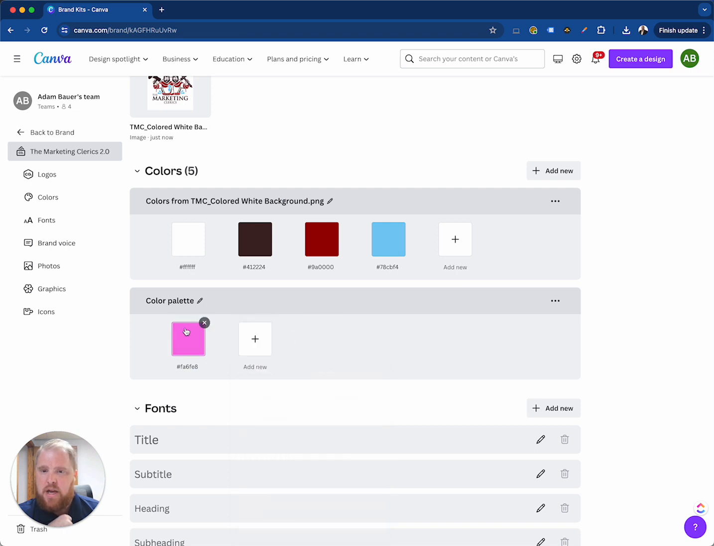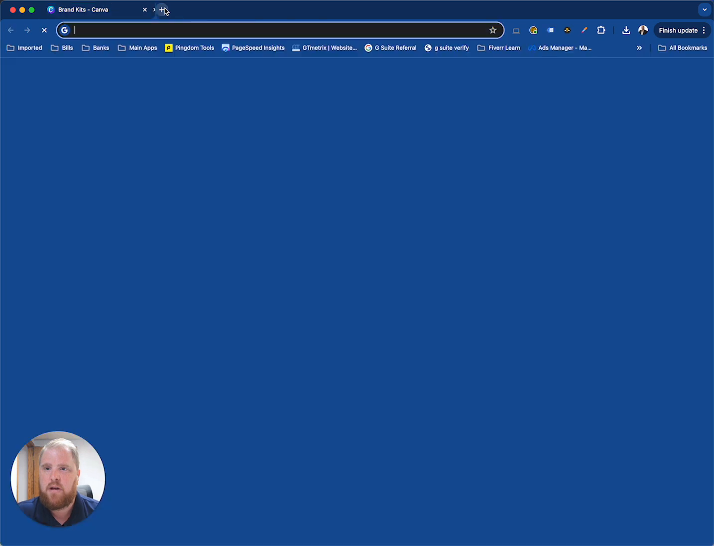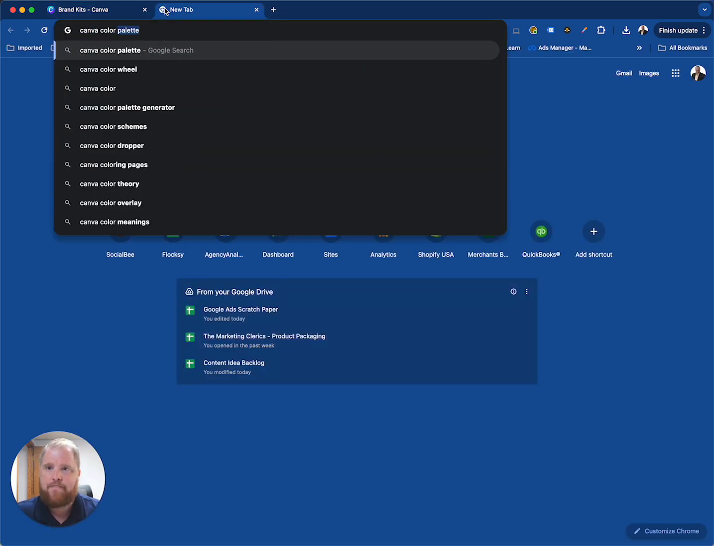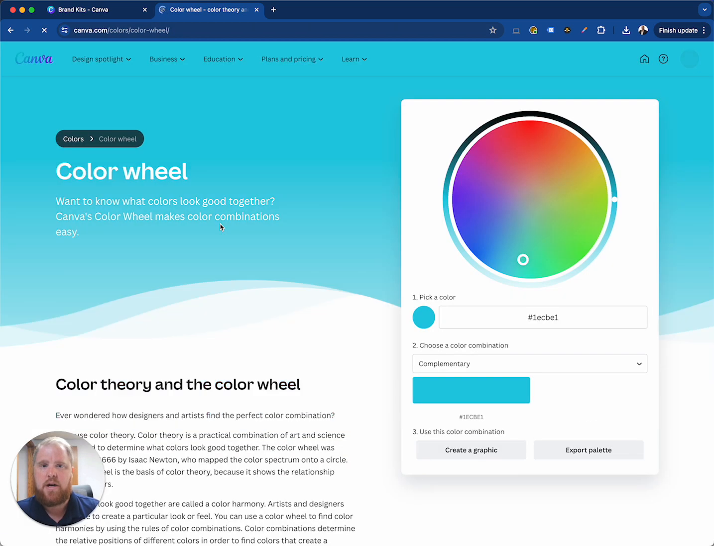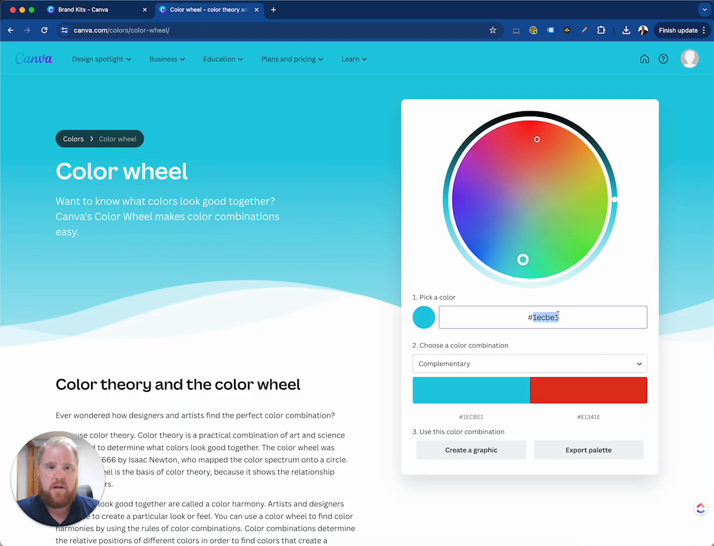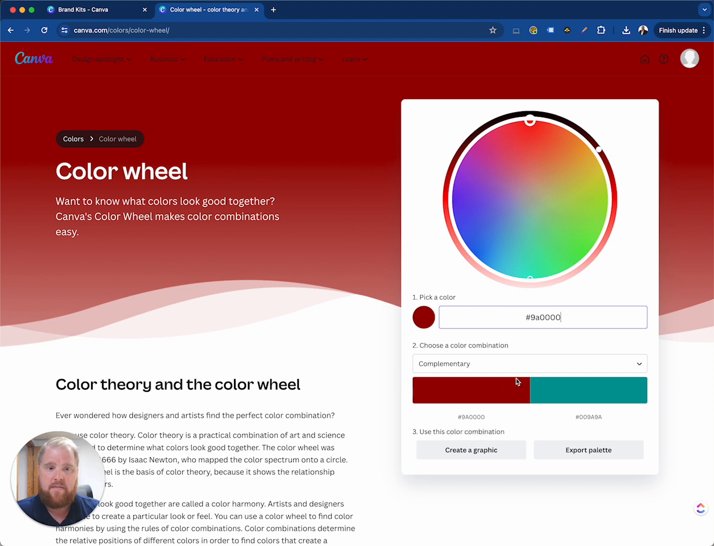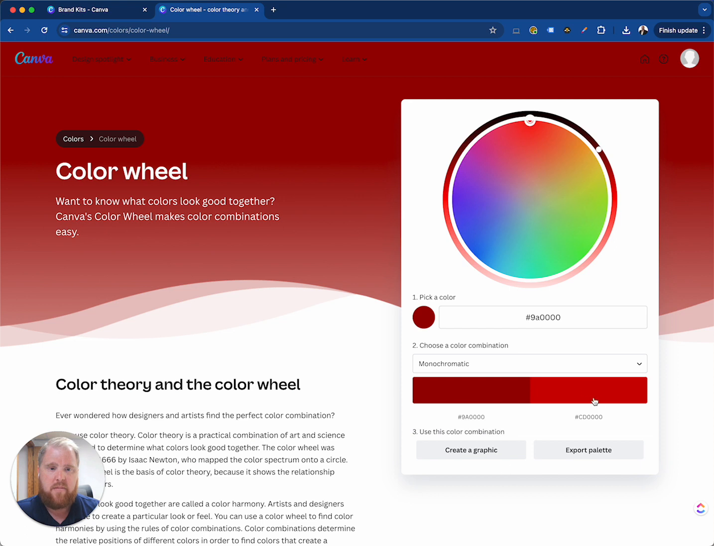And one of the questions I get is how do we know what colors to pick for our brand kit? Well, Canva actually has a tool called the color wheel. So you can go in here and say, okay, here's my red color. I want to find, so this is my red. I can find a complementary color, which is this little green here. I can look for a monochromatic color. I can look for an analogous color,